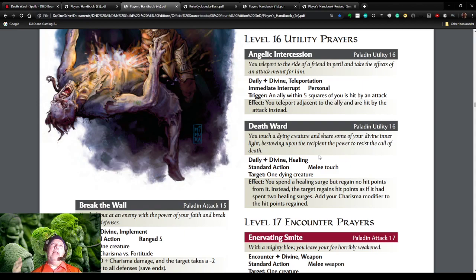So this is not a proactive spell, this is a reactive spell. And you spend a healing surge, but regain no hit points yourself. Instead, the target regains hit points as if it had spent 2 healing surges. And add your Charisma modifier to the hit points regained. So in